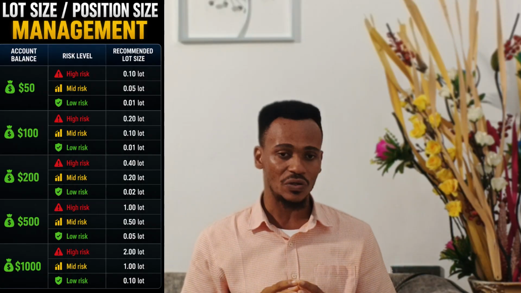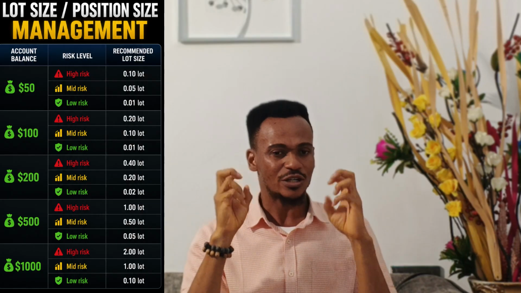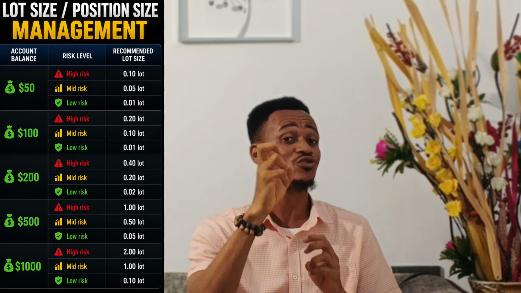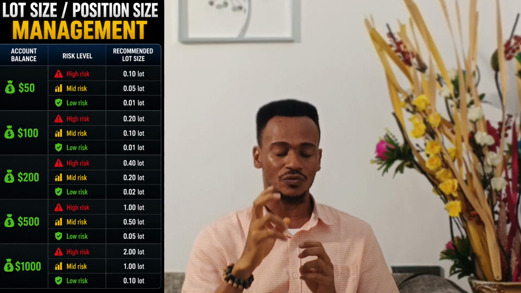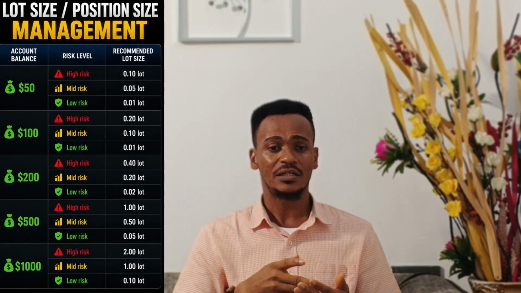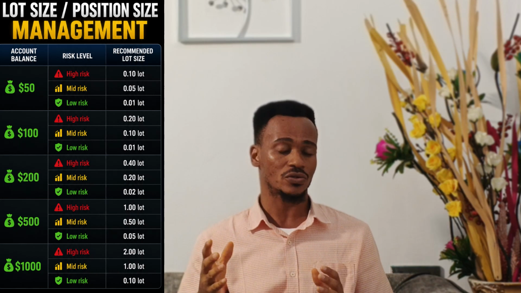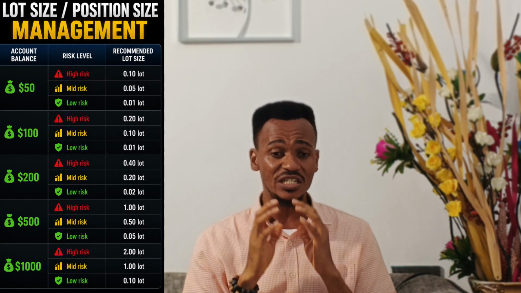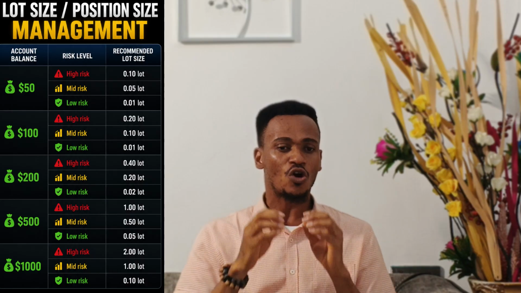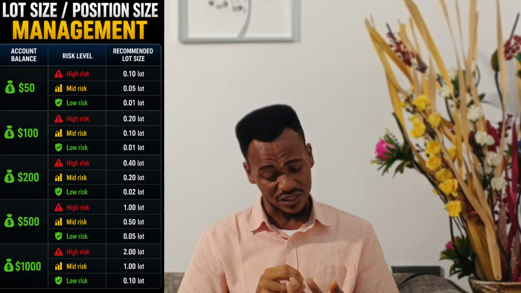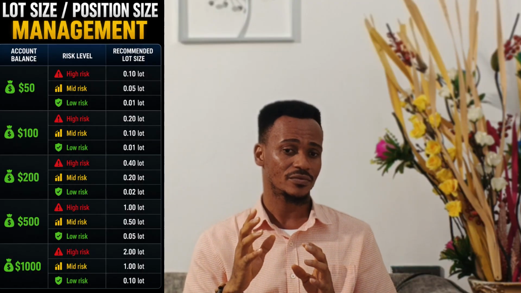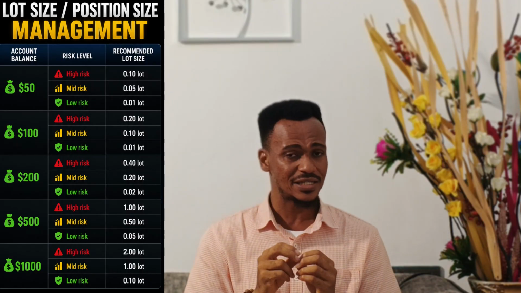So let's say $50 account. The high risk you can take on a $50 account, that's if you really want to flip. That's when I bring in high risk. If you really want to flip, you can take 0.10 lot. That's a mini lot. On a medium risk, on a $50 account, you can take 0.05. On a low risk,